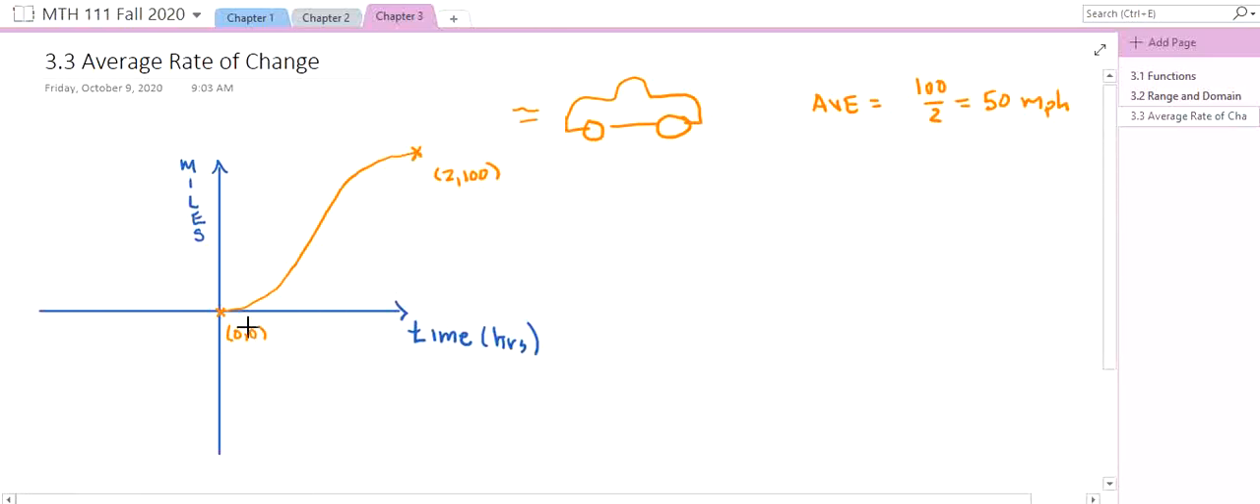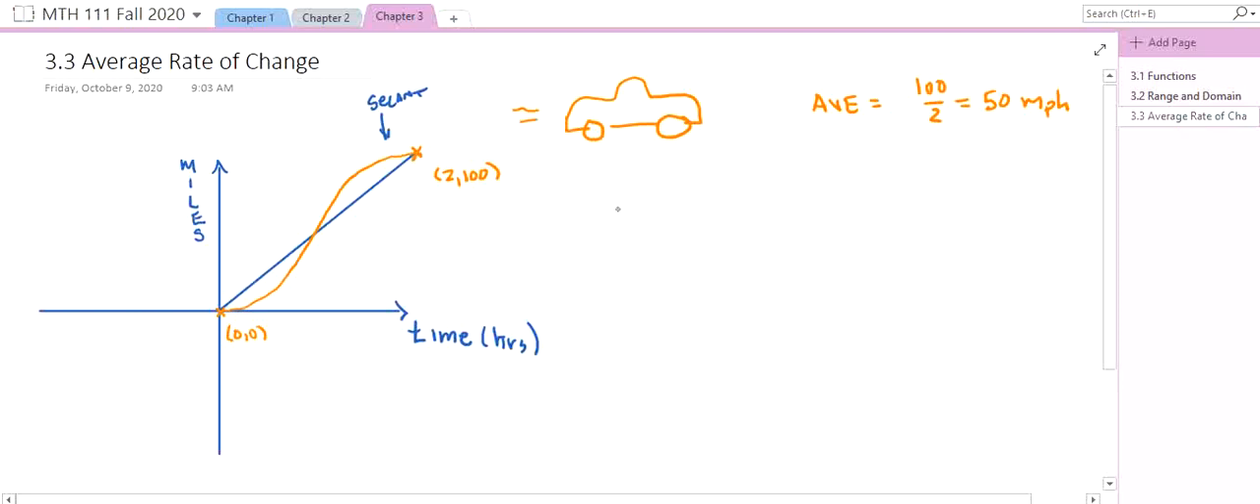Well, what we've done here is we've found, let's get rid of that and use a different color. What we've done is we've found, essentially, we connected these 2 points. We call this a secant line. Any line that connects 2 points on a curve is called a secant line. What we've done is we've connected these 2 points, and we went and we found the slope of this line,